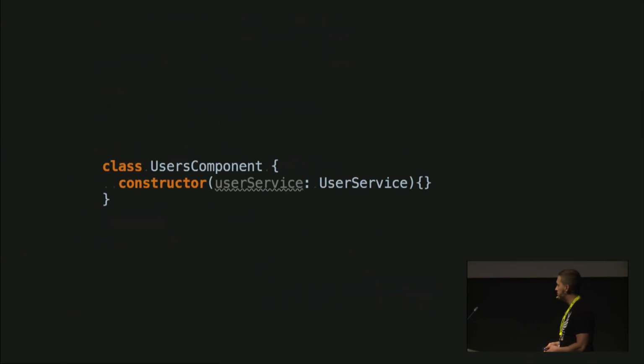Is it worth it? No, not at all. Dependency injection's intention is to solve this pain, one of the intentions. So what you really want is a user service. You don't really care about the dependencies of the user service on its own. So the idea of inversion of control is that you are giving away this power to create instances and just provide your already created instance of this class you want to work with.